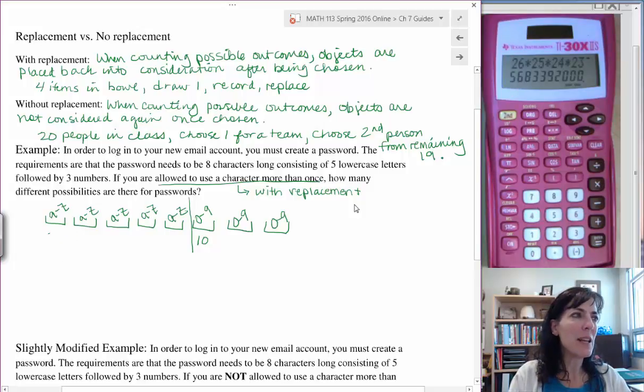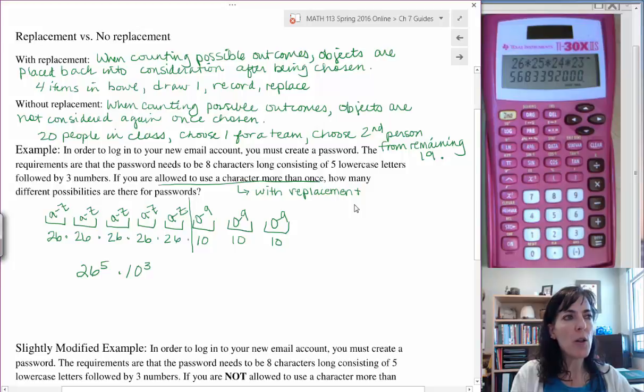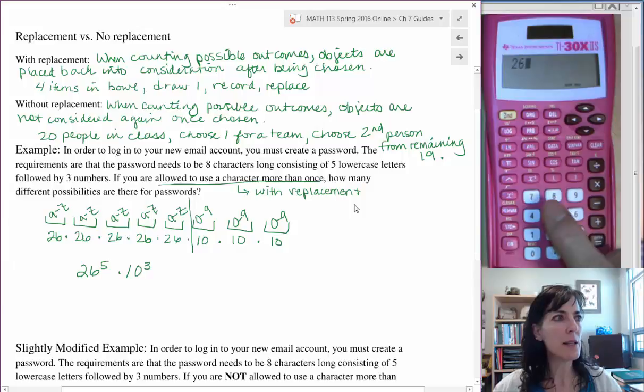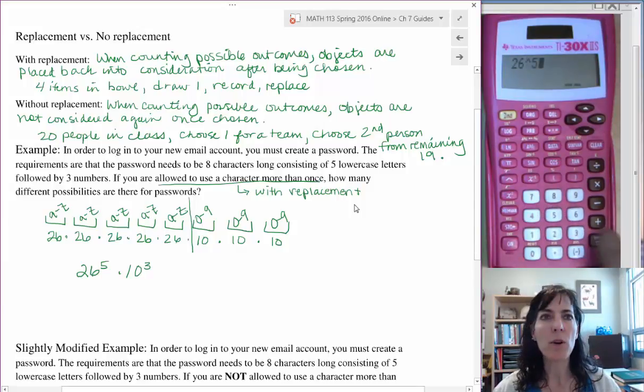And the first one, A to Z, that's going to be 26 possibilities. Each time we have all the characters available, so 26 for each one of them. And then 10 for each of the numbers, because again, we have all the numbers available every time with replacement. So we can rewrite this as 26 to the 5th power times 10 to the 3rd power. Remember, the fundamental counting principle says you can just multiply all of these numbers together to find out how many possibilities you have. So if I use my calculator, 26 to the 5th power